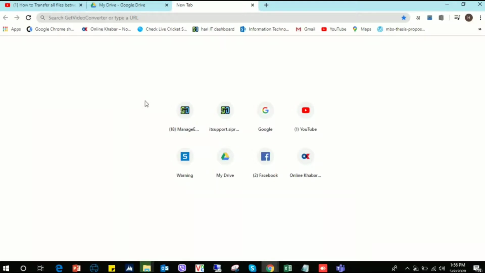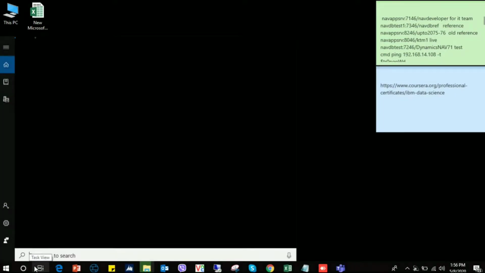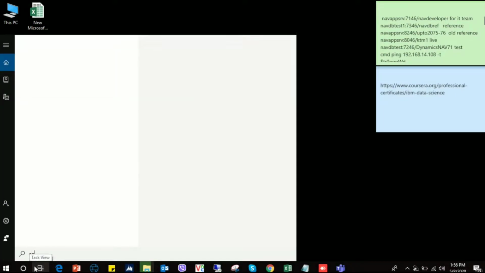Today I'm going to show you how you can connect your smartphone and show it on your laptop. So let's begin. First of all, I'm going to my laptop screen and there I will search for settings